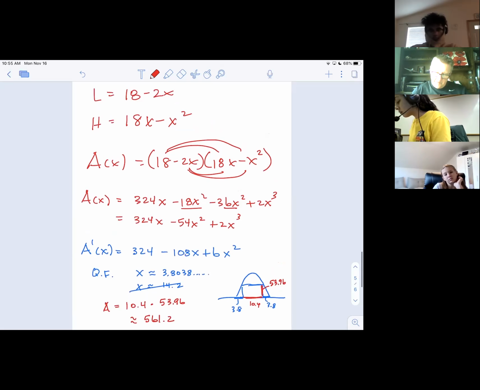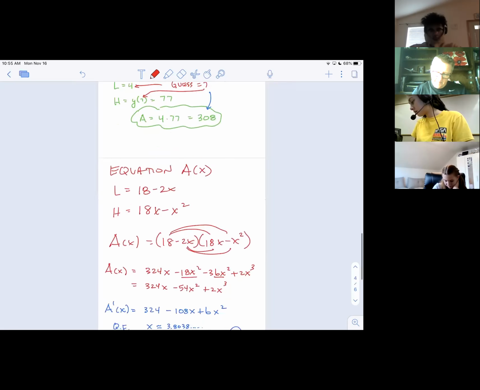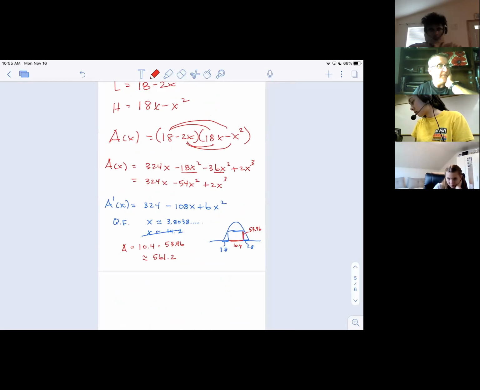But the idea is just to notice, hey, look, that really is bigger than the other two. I got 448 and 308, and this one's quite a bit bigger than that. So I did really find the biggest one. That's kind of cool. I never graphed this accurately. I never cheated on Desmos, but does it make sense if I went in and tried